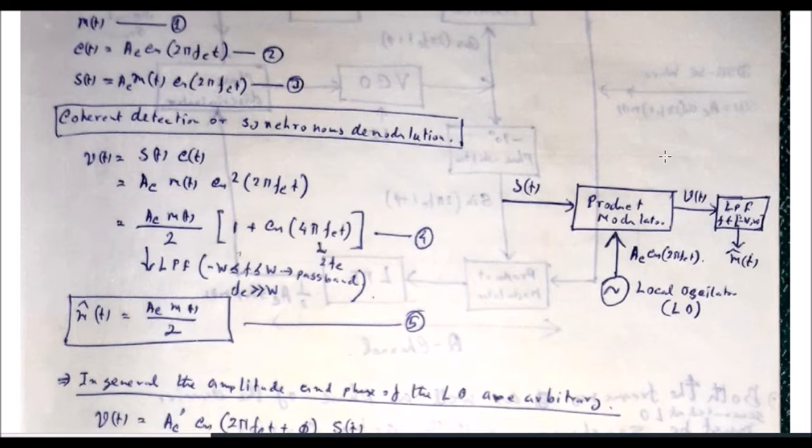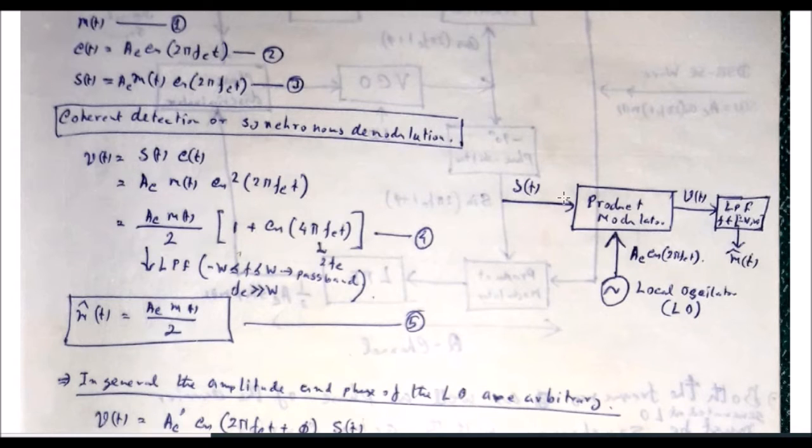Suppose it is your receiver, it is receiving the modulated waveform s(t). s(t) is the modulated waveform, that is the multiplication of m(t) and c(t), which is transmitted from the transmitter, and it is reaching the receiver, received by an antenna or something else. Now at the receiver locally you are generating the same carrier, Ac cos 2 pi fct. If you are able to generate the same carrier here from the knowledge of the frequency of the carrier which is transmitted, so do the same thing as has already been done in the transmitter.